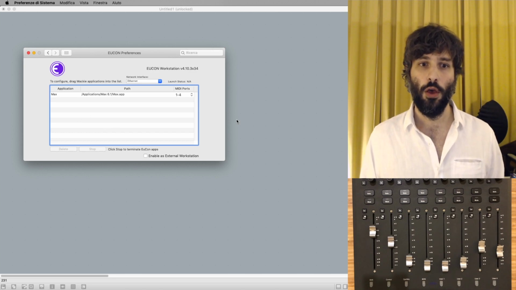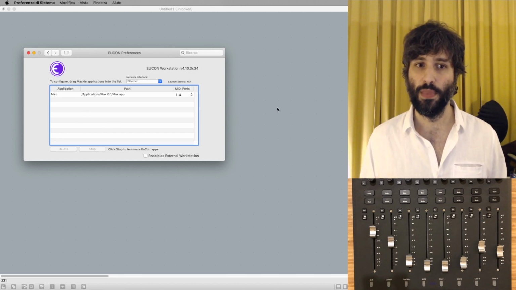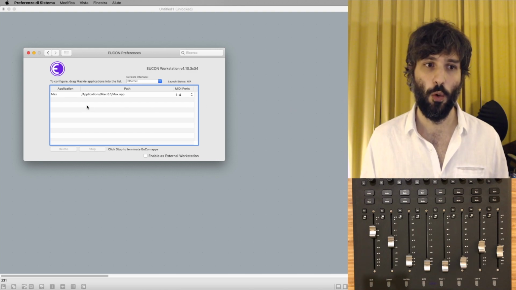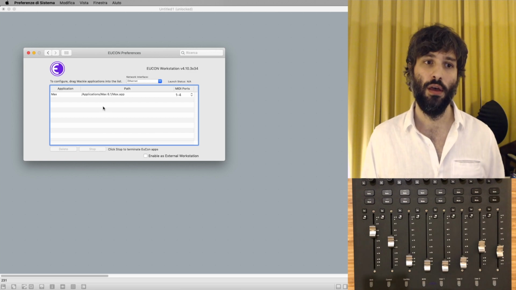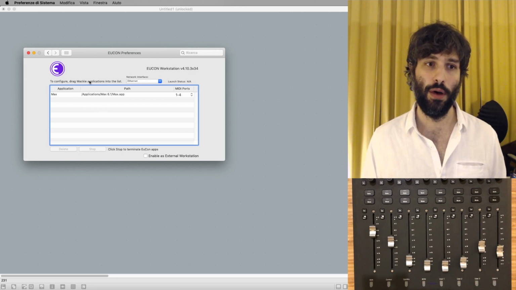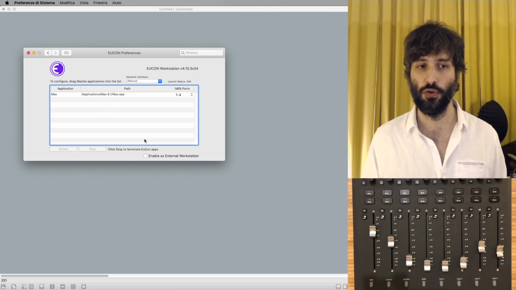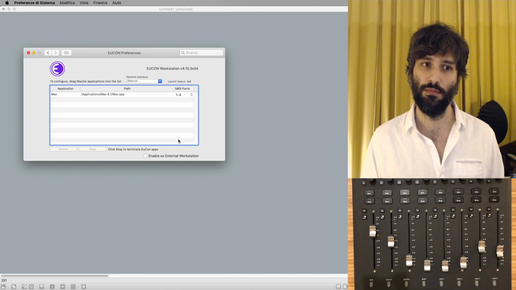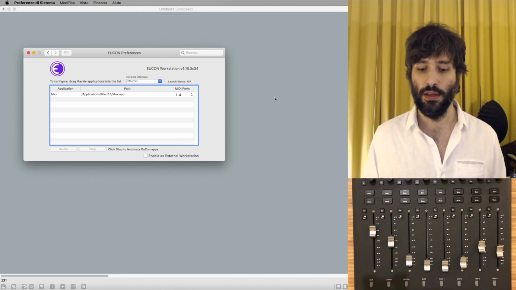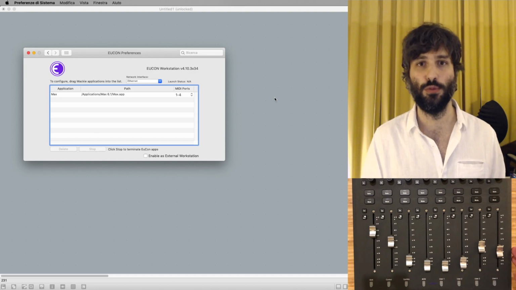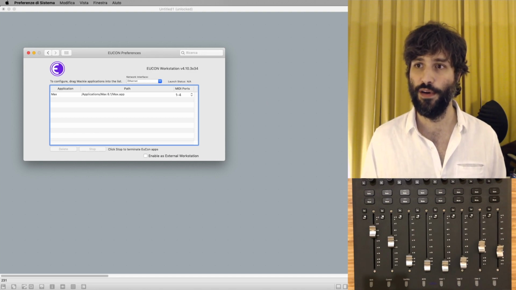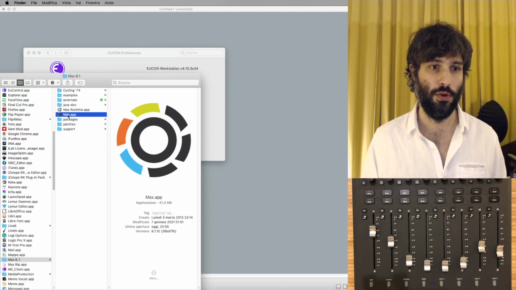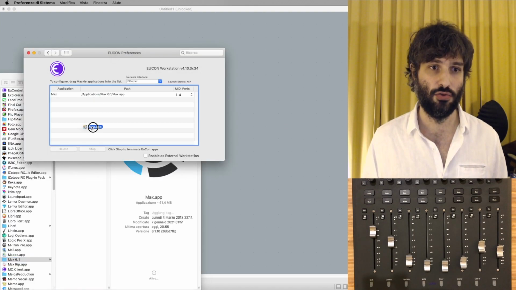In this window, we're going to drag whatever application we want the S1 to communicate with, not with Yukon, but with Mackie Control. Mackie Control, as far as I know, is pretty much standard MIDI. So essentially, Macs will see the S1 as an ordinary MIDI controller. So if you go to your Finder and find your Max app, you literally take it and drop it here.